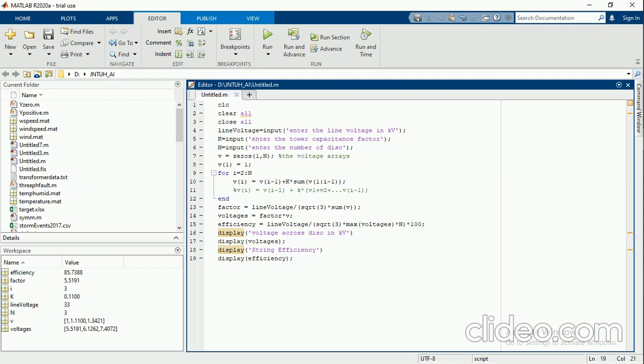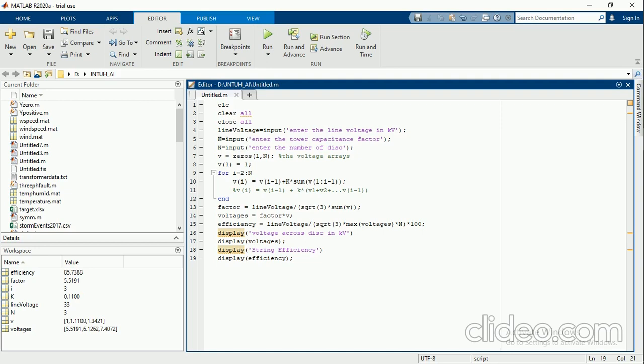Okay, so v of 1, the first element of your v matrix, we are assuming as 1 for our calculation purpose. And we already saw how we derive this equation. Okay, v of i equals v of i minus 1 plus k times the sum of all the values. Here the function sum represents the sum of all the values in the matrix, v of 1, v of 2, v of 3.